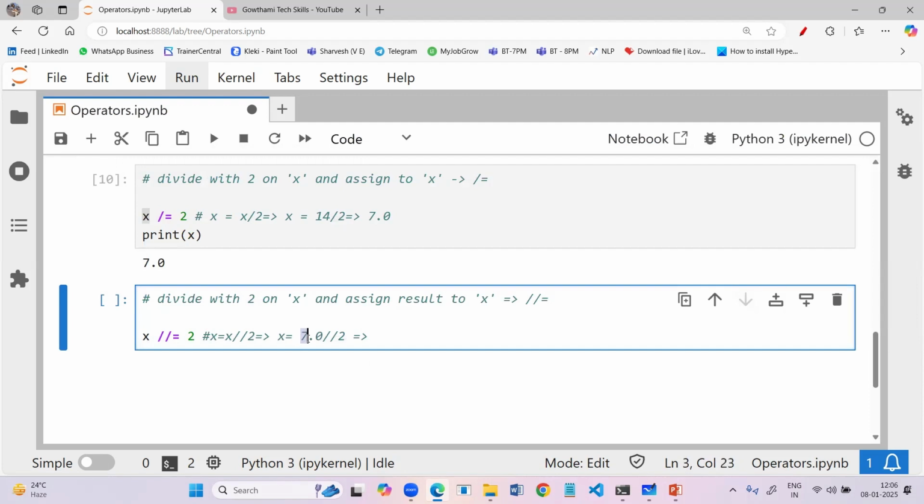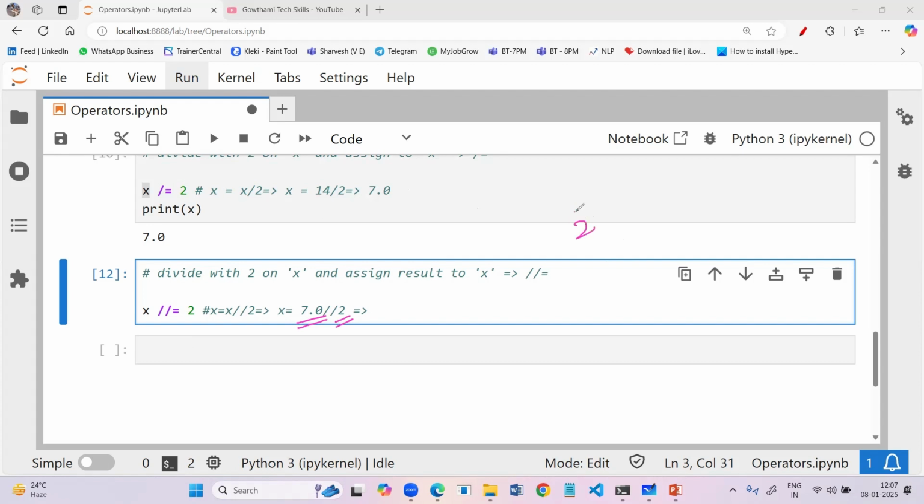So how is it going to be divided? Let's discuss this one. 7 is divided by 2. Here 3 times 2 is 6, so you'll get remainder 1. Here we are using floor division, that means integer division, so it will return the quotient in which format?